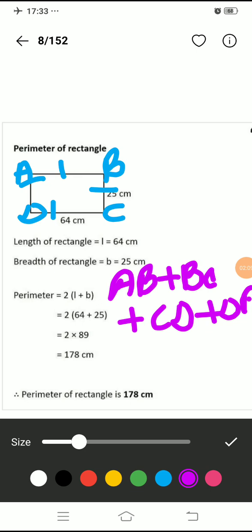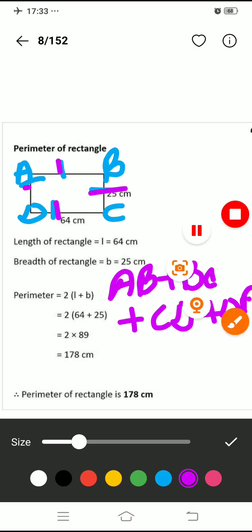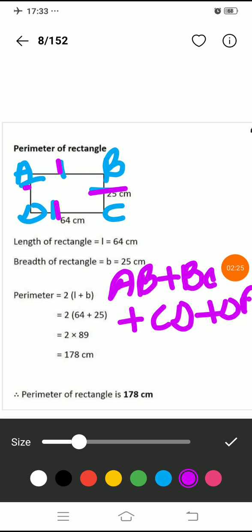But now, just for example, we have the formula for finding perimeter, that is 2(L plus B). Now in this question you have seen that here we have 2L and 2B. In place of writing all these things, AB plus BC, CD and DA, we can take a smart step. What is that? Let me explain that, beta.